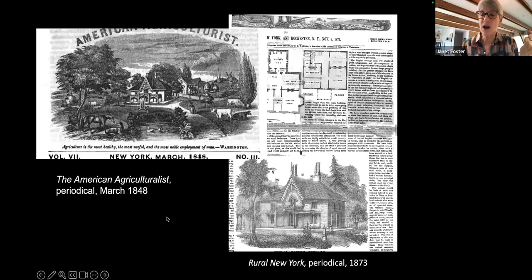So that's 6 years after Cottage Residences. Not unlike Asher Benjamin's pattern books, that image is still showing up in 1873 in a more local agricultural periodical called Rural New York. There it is again. At this point, that house design is 40 years old. I mean, that's pretty amazing, but it had such an influence on 19th century taste, 19th century design, and that particular image just caught the public's imagination,